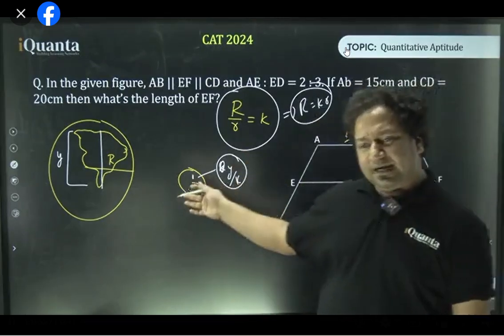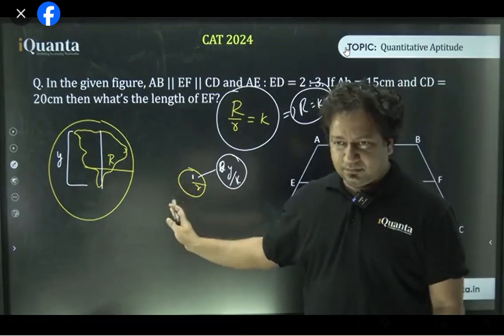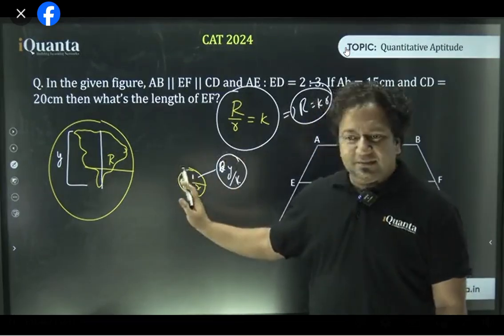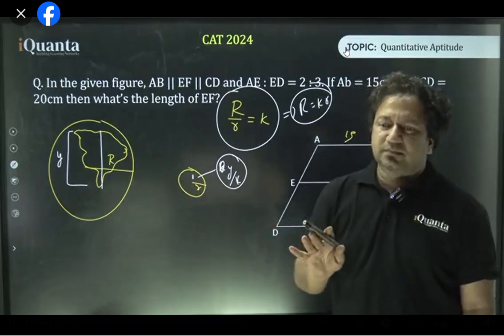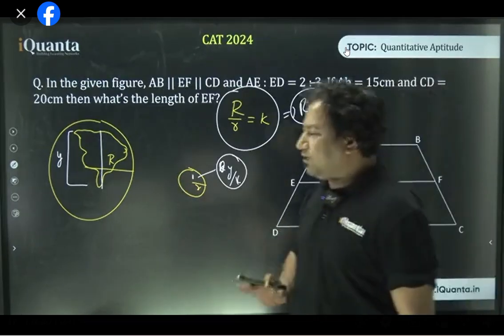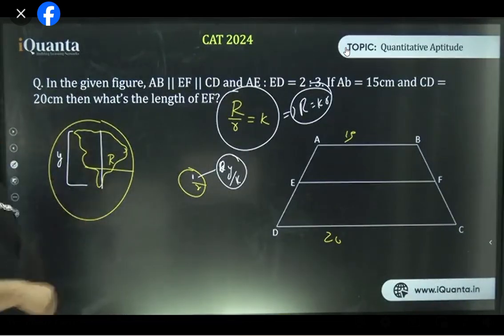Okay, but now you understand what similarity means, right? It will be y by k. But you understand what similarity means? Yes or no? Tell me in the comments. So when one thing gets shortened or elongated, automatically all the things in that closed figure change by the same value. Can we say that?